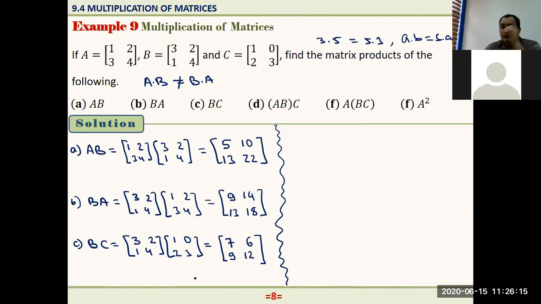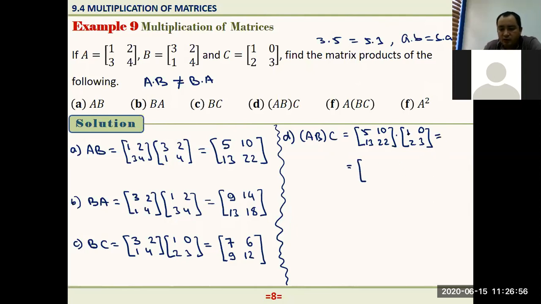Okay. Question D, here we have question D. Associative property. Here we have A times B, and here we have C. What does it mean? First, you multiply this AB together, then multiply the resultant matrix by C. Equals, do we know AB? We have already calculated here. AB equals this. So here we have 5, 10, 13, 22. And do we have C? Do we know C? It's given. It is 1, 0, 2, 3. Right? Which is equal to,